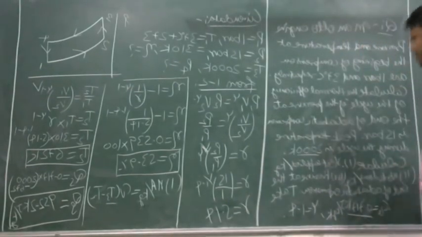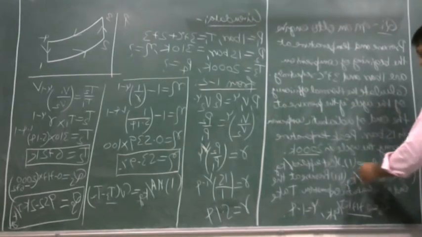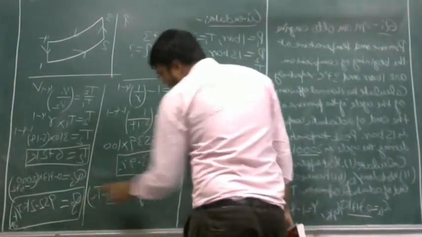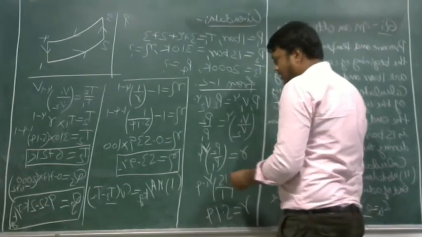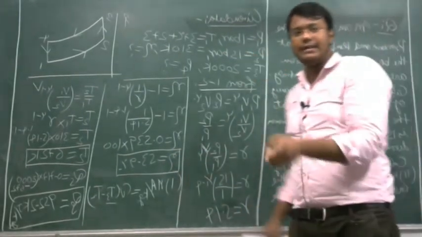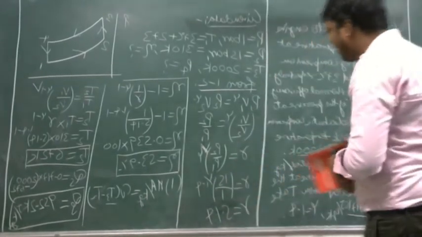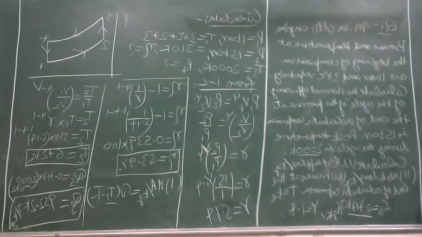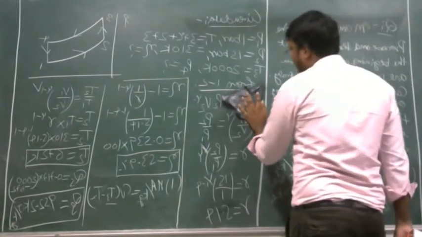Now the next part asked in the question is work done per kg. We know the value of heat addition Qs and we know the value of efficiency eta. So we can easily calculate the work done. Eta is basically work done by heat addition, so by using that simple formula we can calculate the value. So I am writing this part.